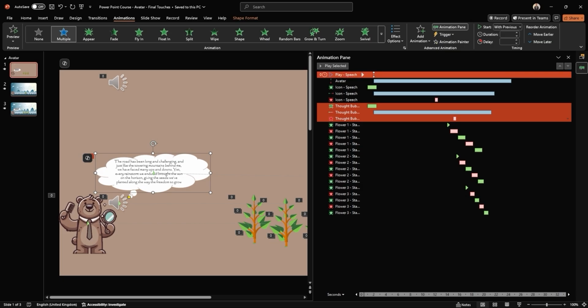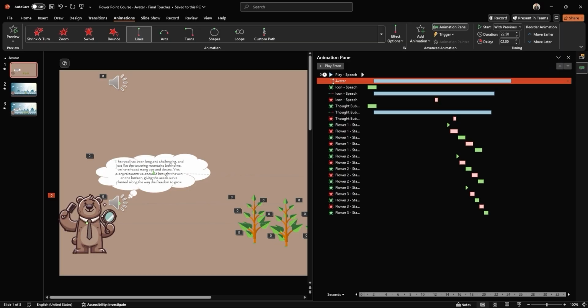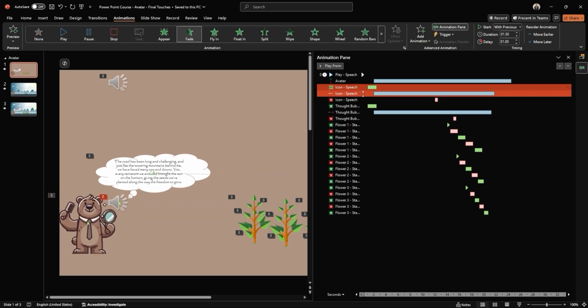If you take a look there, you'll see that the motion path is set to move down rather than to the right, although the avatar still moves to the right. I did this intentionally to show that motion paths are flexible. You can drag the green and red dots, start and end points, to customize the path in any direction, regardless of the default animation behavior you selected. Aside from that, everything is pretty standard.